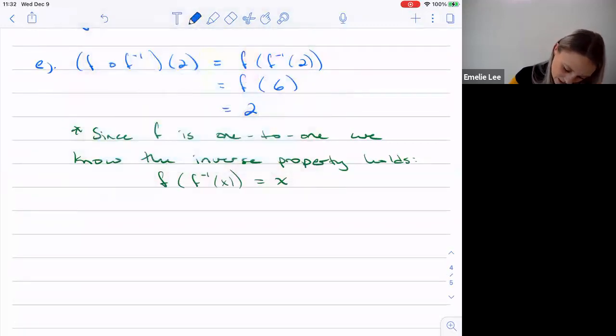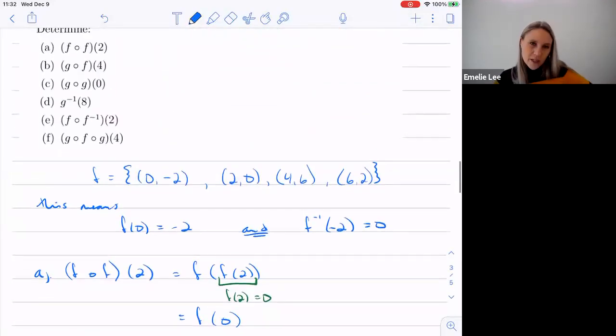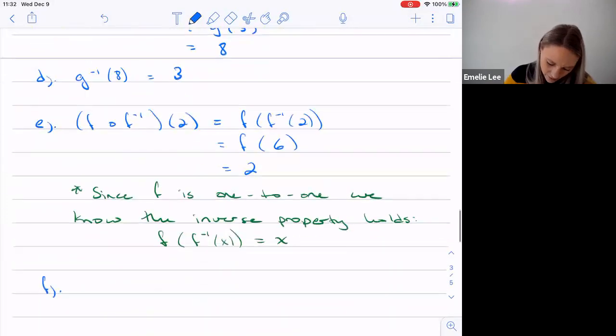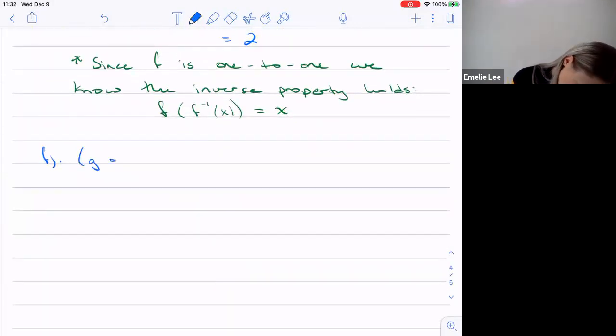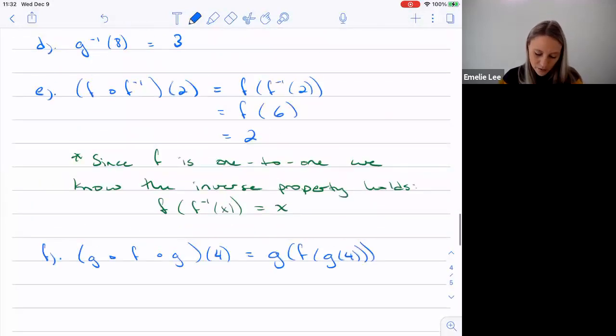And then lastly, g composed with f composed with g. Now we only went to 2, but you can easily extend it. You're just stuffing g into f, f of g into g, and you're just going to keep stuffing this thing. g composed with f composed with g of 4 is g of f of g of 4. 1, 2, 3, there. Finish all your brackets. So g of 4